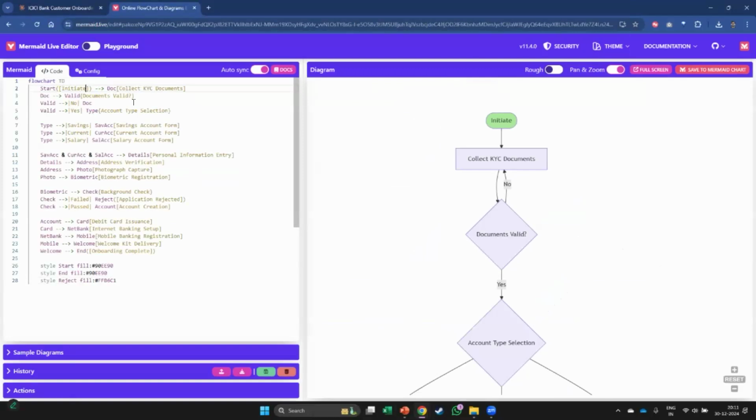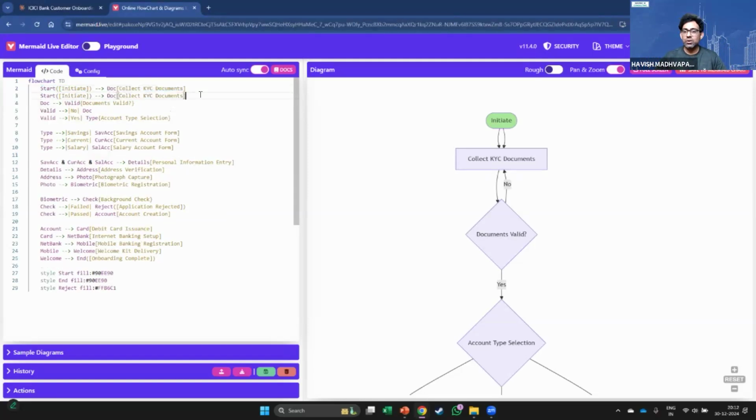What about adding a new point? So let us say after initiate, there is a screening process. That means I need to add a node between initiate and collecting the KYC document. Again, as you can see, the path that I've highlighted, it's not that difficult, right? There is a bit of a learning curve, but it's not super difficult. All I'll do here is copy the line one more time. And then in the second one, I will take the doc, which is basically the documentation, and I'll keep it here.